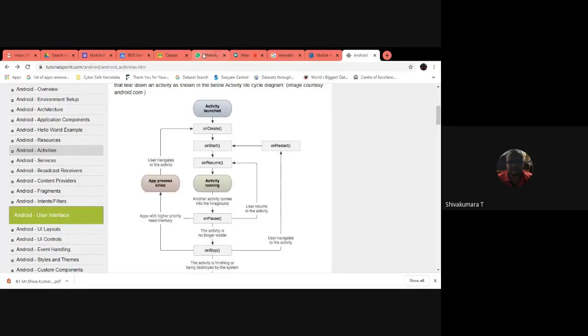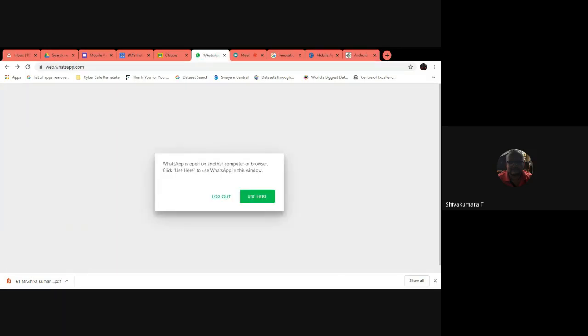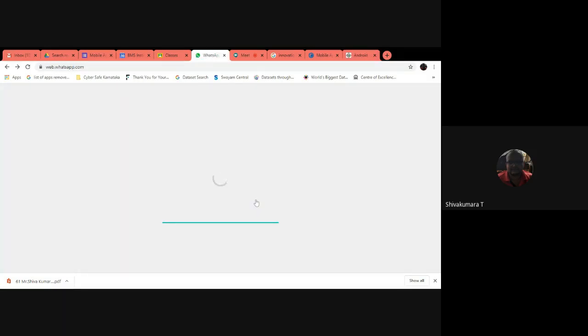So take the example of WhatsApp. When you click on WhatsApp, the first activity screen is loaded. This is just an example. You can click any of the applications used on your Android phone.